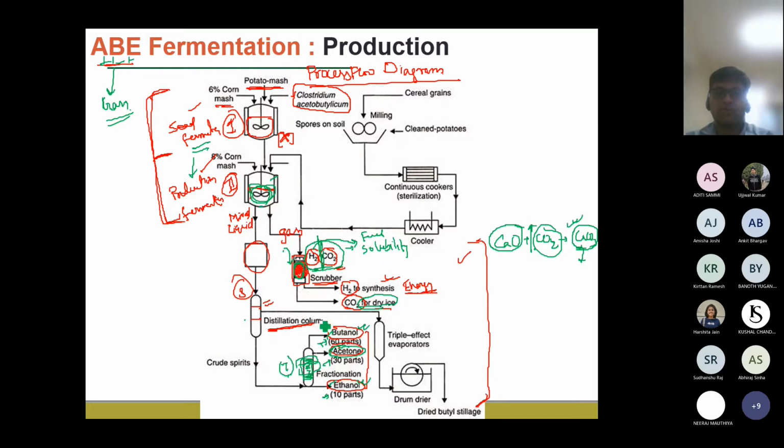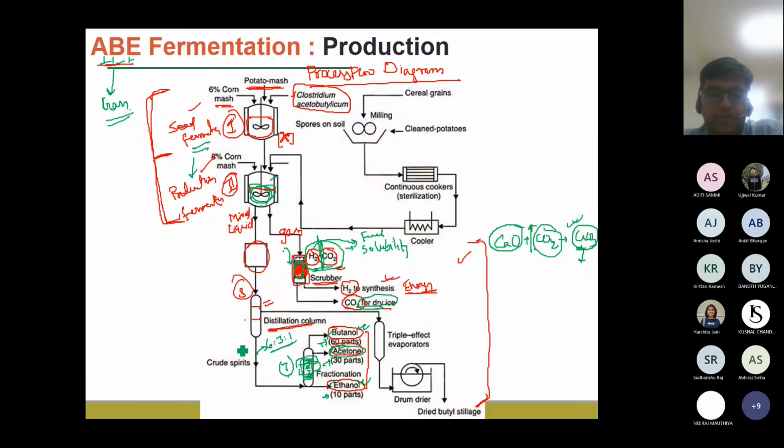Okay, so you can see this is a ratio; you can write it as a ratio of 6 is to 3 is to 1. So what does the ratio mean? This ratio means that we are always having a mixture of these three compounds during the fermentation. So the composition varies from 6 is to 3 is to 1.